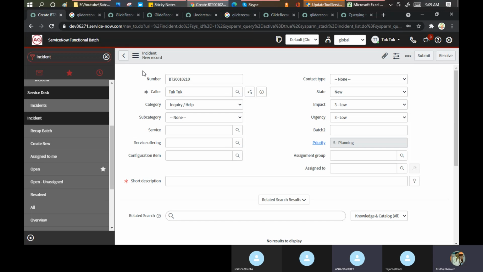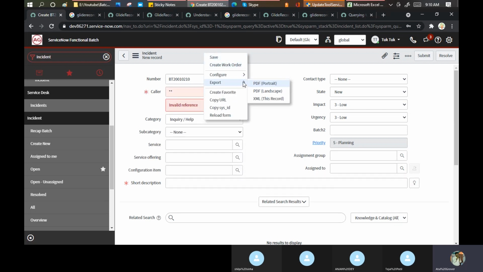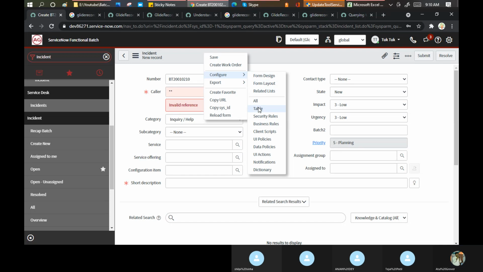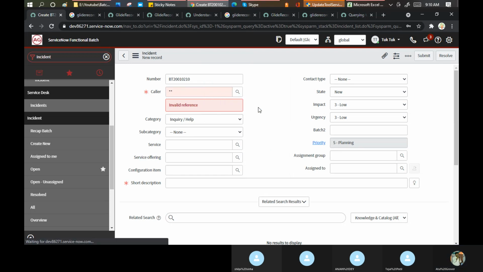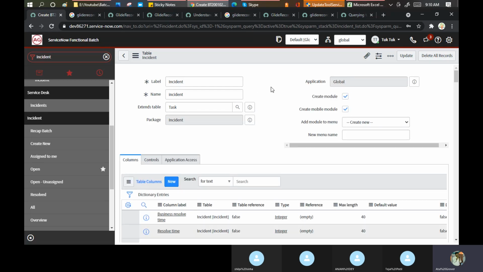Okay. So now the thing is where I need to make changes for this particular search option so that I can get a result for my employee ID as well. Now go here, go to the table. Because this is a reference field, I want to put the reference qualifier here.